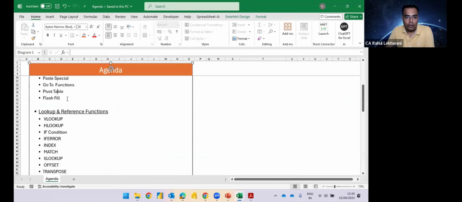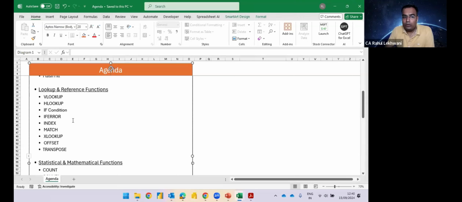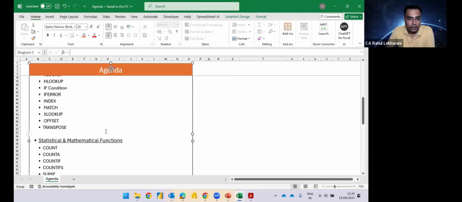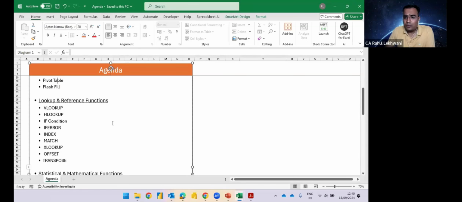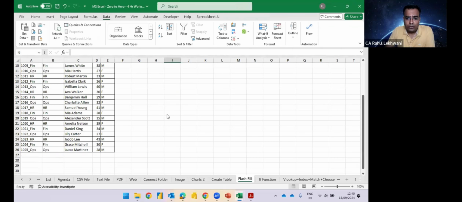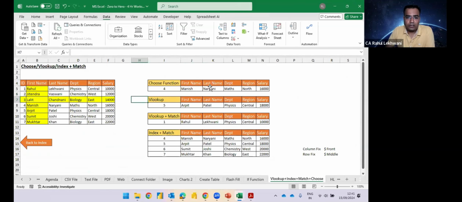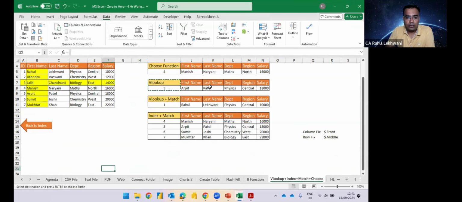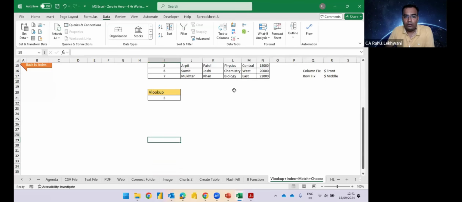Yeah. So we are entering into some really serious formulas now. Okay. First is VLOOKUP. Okay. Let us go and I'll show you how a VLOOKUP works. I guess you might be knowing the formula, but still it can be a good refresher. Let me just take this VLOOKUP. Okay. Now, how VLOOKUP works is,